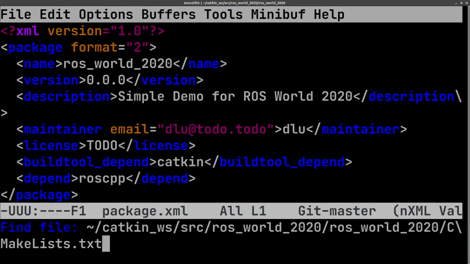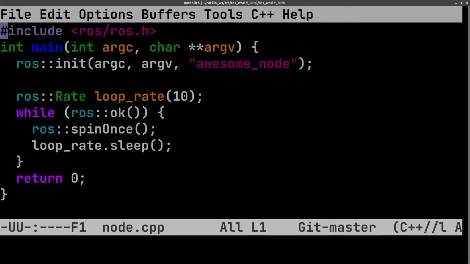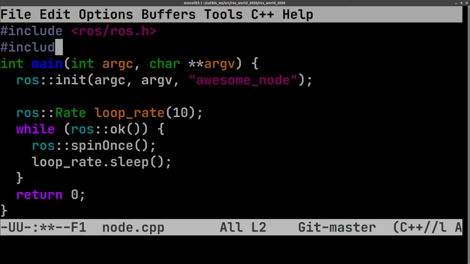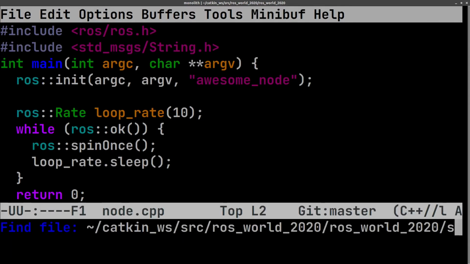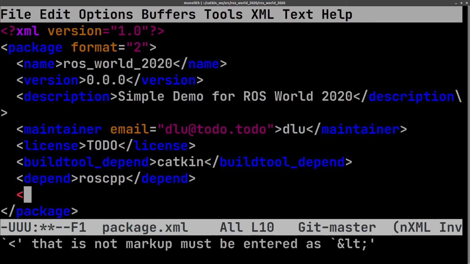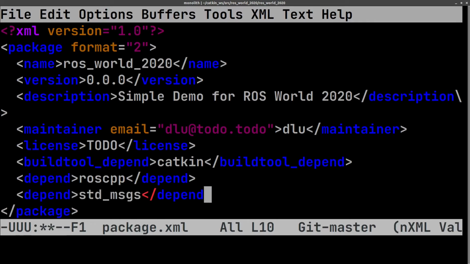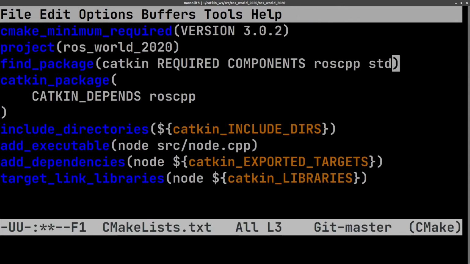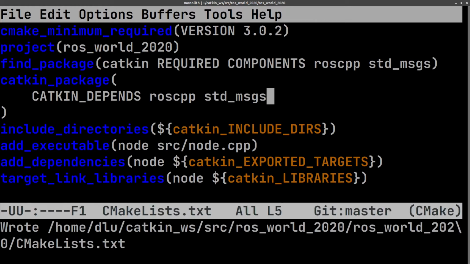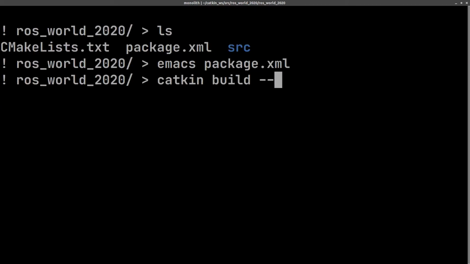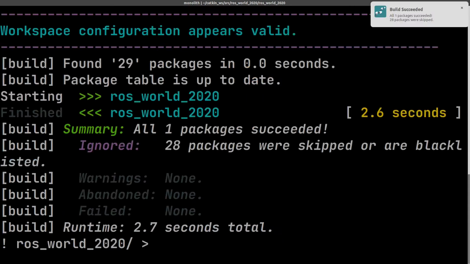Let's say you have a nice little ROS package that compiles with no problem. But then you add a new message type to your code. So now you have to add a new dependency. That means you have to first edit your package XML and then add it to the CMake twice. It's a lot of work to get your code to compile for simply adding a basic ROS dependency.